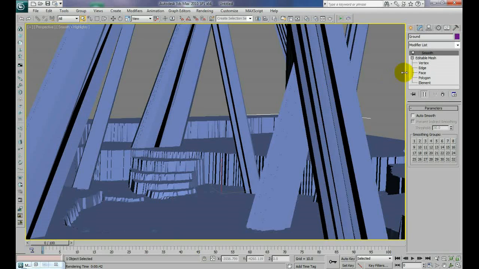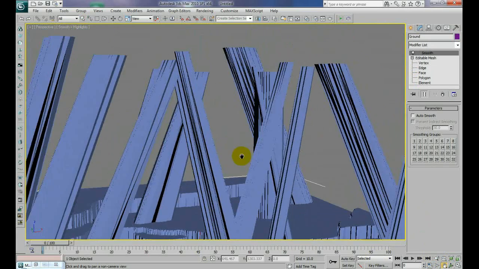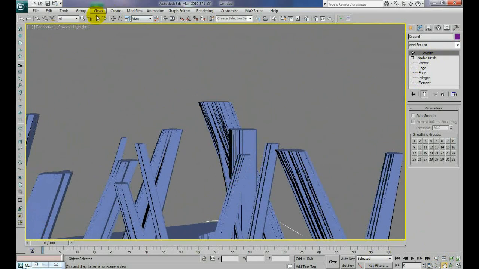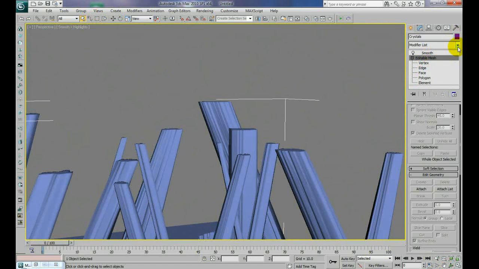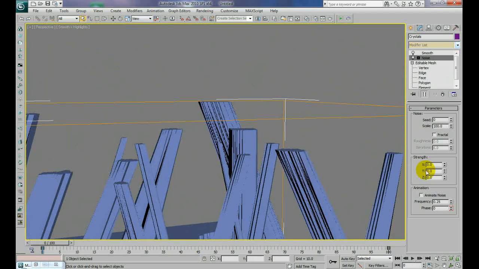That's all set there now. What we could do here is mess up the crystals and the snow a little bit. So we're going to go for the crystals, make sure the crystals are selected, and go to Edit Mesh, and we're going to bring in a noise before the smooth. Okay, and then we're going to bring the scale down to 0.2,